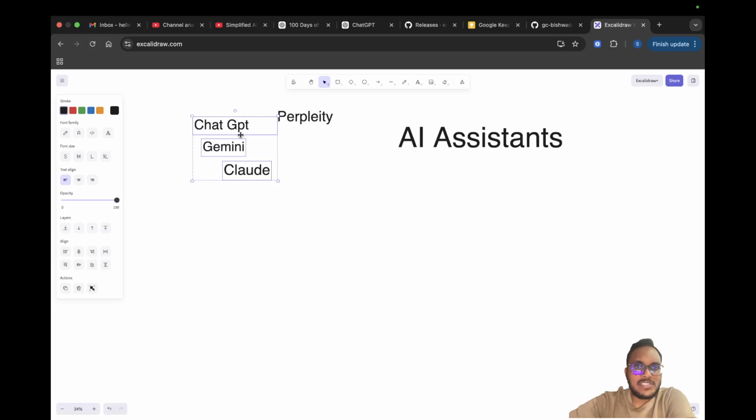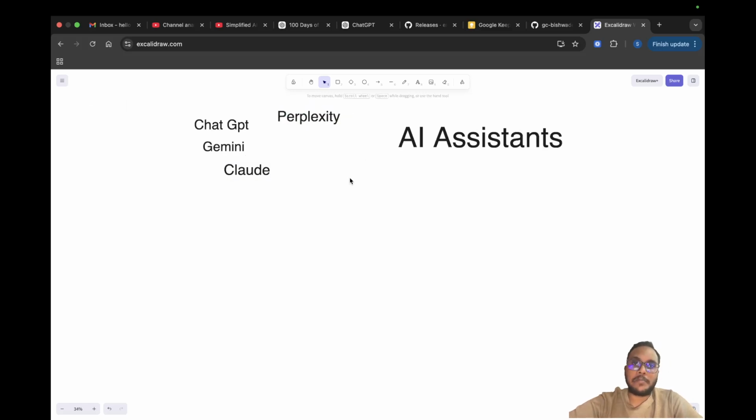Okay, so ChatGPT is developed by OpenAI. OpenAI is a company. Then Gemini is developed by Google. Claude is developed by Anthropic, and Perplexity is another company. So totally, these are the four main basic LLM tools, or AI assistants, with which you can identify or give solutions to everything.